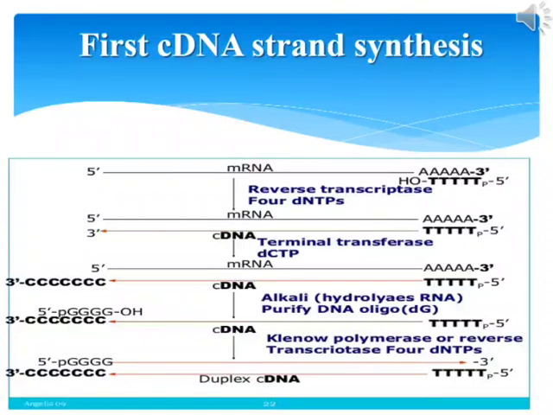Next, an oligo-dG primer is used, which by binding to the 3' end of the cDNA extends the second strand of cDNA, using the first cDNA as template, with the help of reverse transcriptase or Klenow polymerase enzyme and dNTPs.